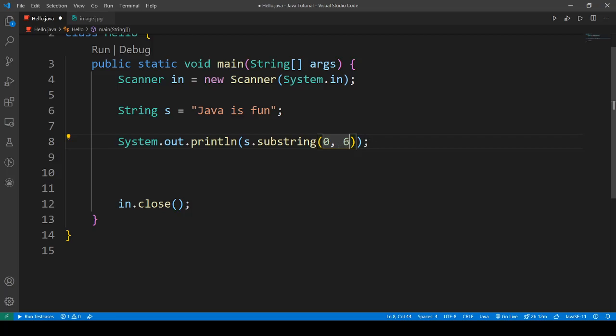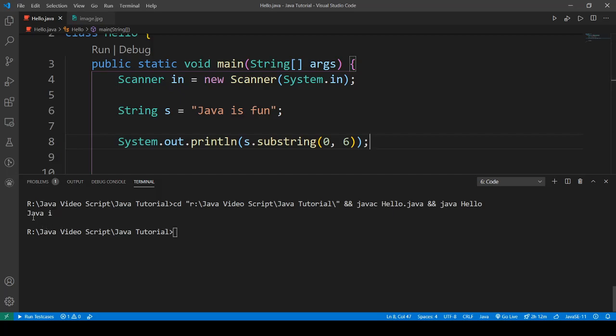So actually not index number 6, it goes starting from 0, 6 characters after index number 0. So it will be till index number 5. So I run the code and we get the output Java space I. So the fifth index is I. So we got the substring of the string S, which starts at index 0 and ends at index 5.